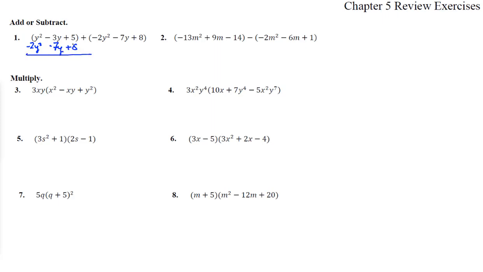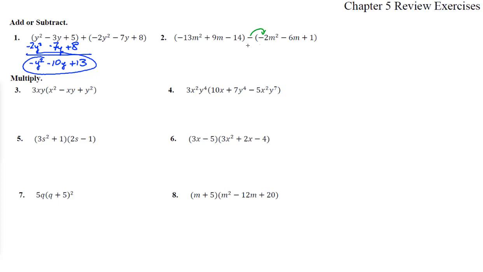And if we add up the like terms, y squared and a minus 2y squared is minus y squared. Negative 3y minus 7y is negative 10y. 5 and 8 is indeed a 13. Good. Number 2. Negative 13m squared plus 9m minus 14 minus, so that means this is going to go in